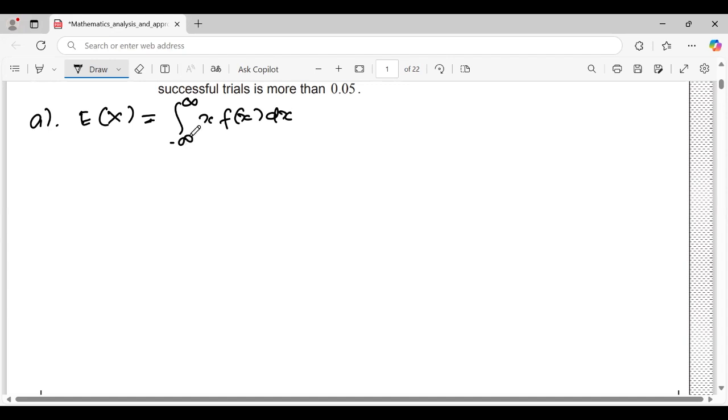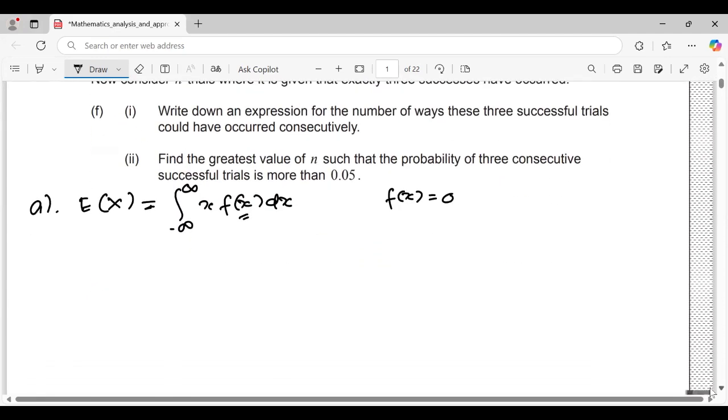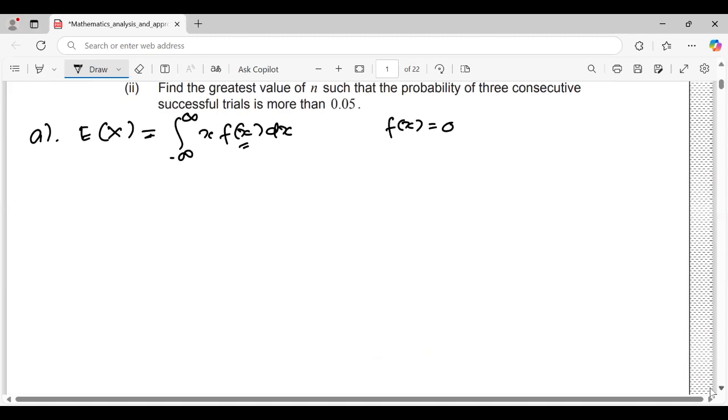However, since f(x) equals 0 outside of the interval, I mean x from 0 to 2, you can see on the function, so we only need to consider the integral from 0 to 2. So it becomes